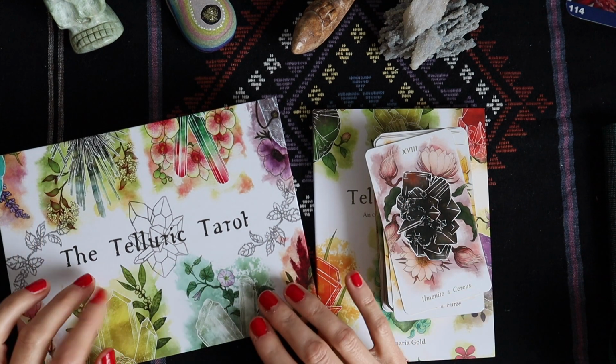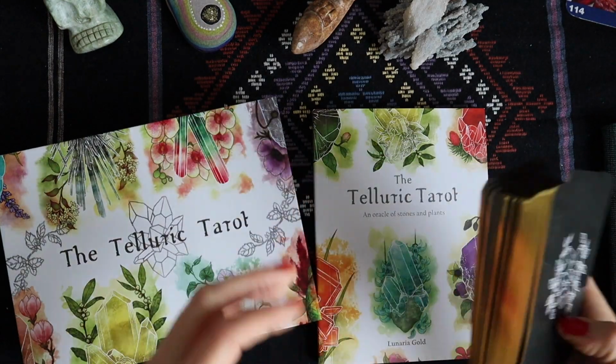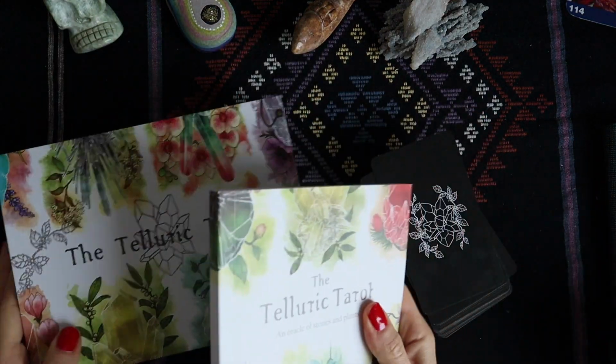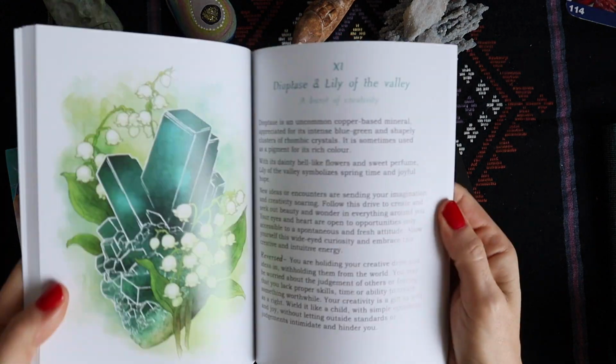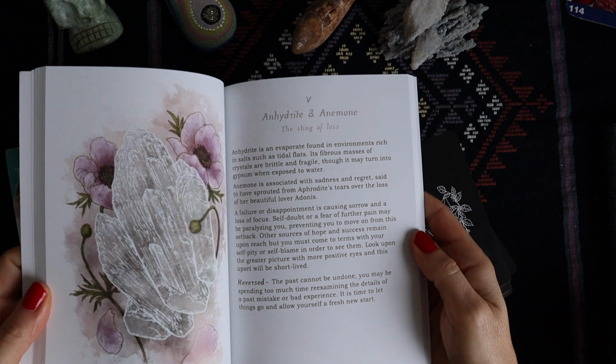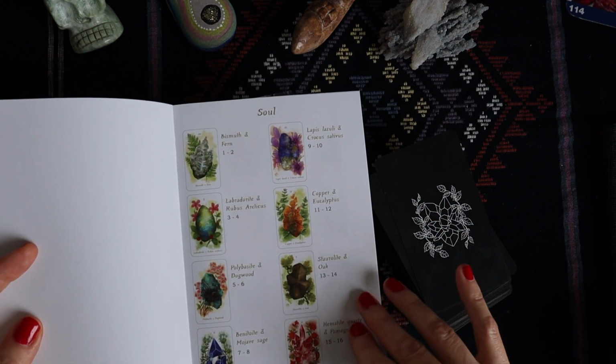So this was done on Kickstarter. The Kickstarter is all sent out. You can purchase these decks now. It comes in this big sturdy box, as you see, with a beautiful full color companion book. And basically what you get